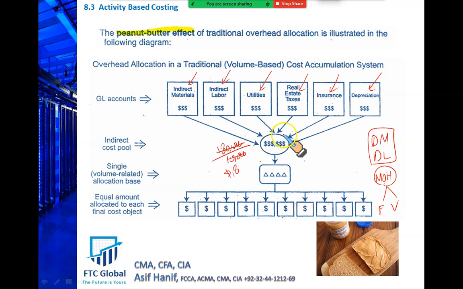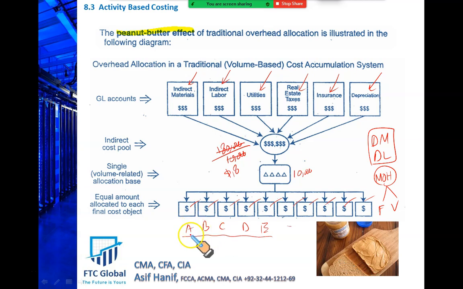So this is the total estimated overheads, and we are dividing this total estimated overhead by the number of units we want to produce. And remember, we produce a variety of products, product A, product B, product C, D, E, F, and so on. Now look at this ridiculous approach. We are charging the same $18 on all the products we produce. We produce a variety of products, but every item is taking the same overheads. This is inappropriate. This is called the peanut butter approach, that you have just a slice and you just lump some peanut butter on it and then you just go on as if everything is the same. But in fact, it is not.